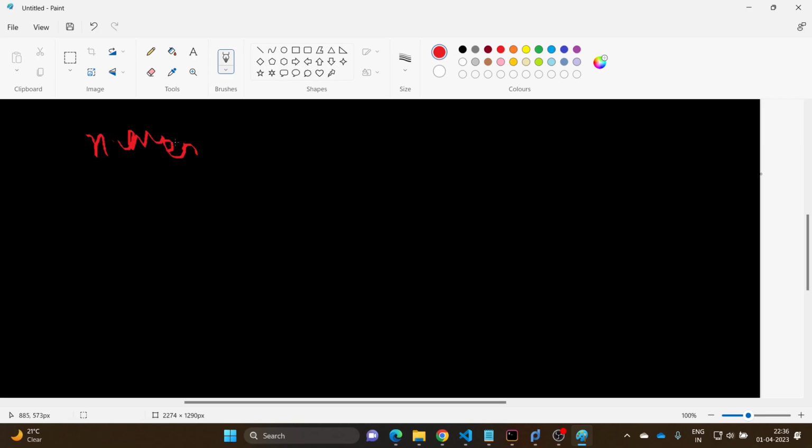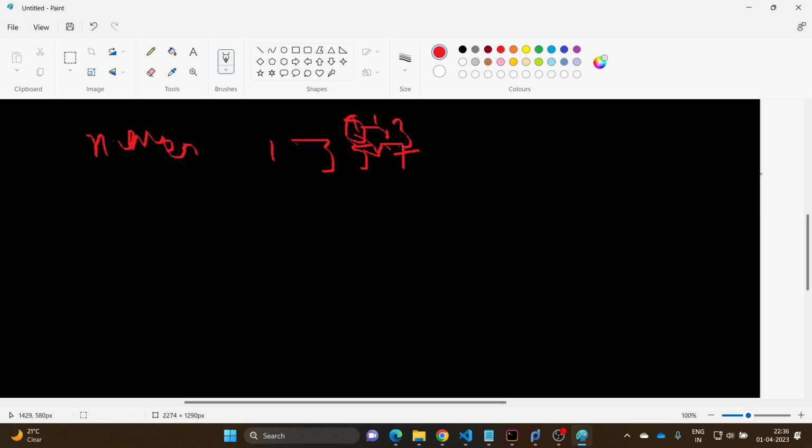Sorry for my bad handwriting. Now, if n is even, we have to make the elements equal. For example, take 1, 3, 5, and 7. The middle element: 7 plus 3 is 8, 8 plus 8 is 16, so we have to make them all equal to 4. Now, the differences will be in the order of 5 minus 4 is 1, 7 minus 4